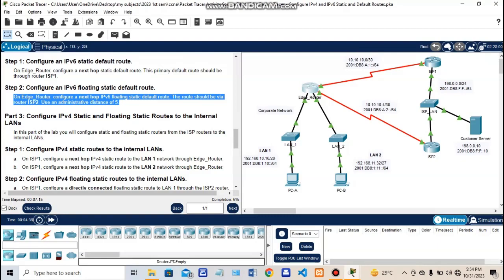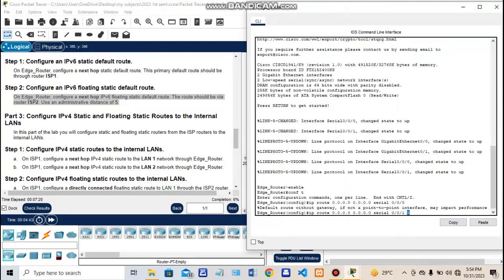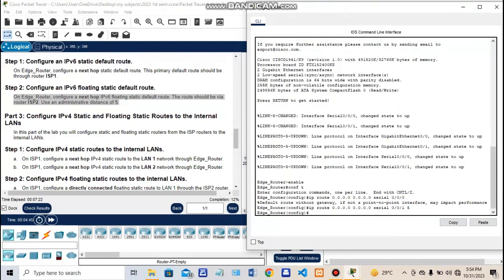So let's do that. On the edge router, click enter. Next, let's type ipv6 route ::